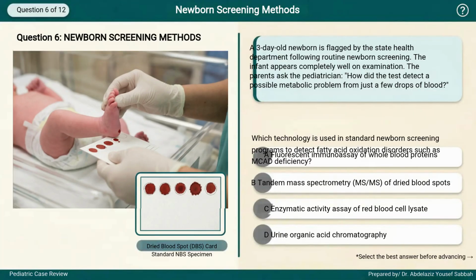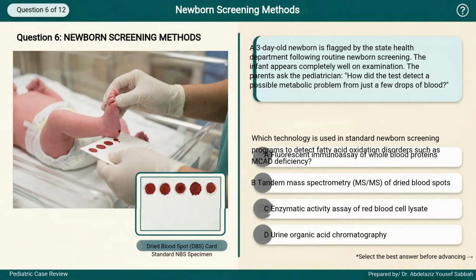Case 6. A 3-day-old newborn is flagged by the State Health Department following routine newborn screening. The infant appears completely well on examination. The parents asked the pediatrician how the test detected a possible metabolic problem from just a few drops of blood. Which technology is used in standard newborn screening programs to detect fatty acid oxidation disorders such as medium-chain acyl coenzyme A dehydrogenase deficiency? Option A,